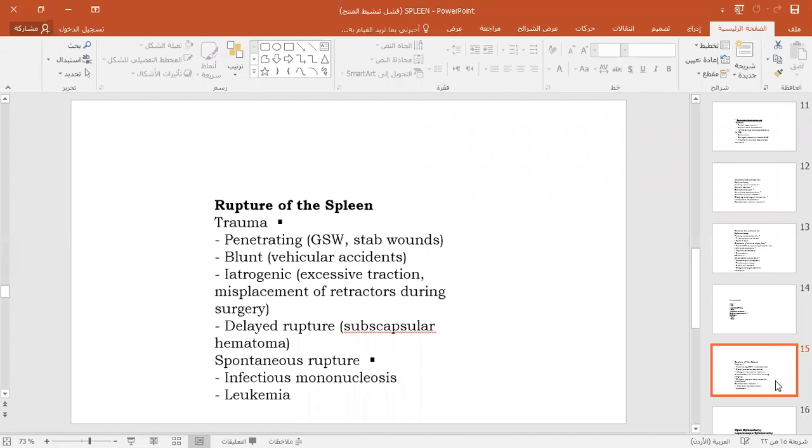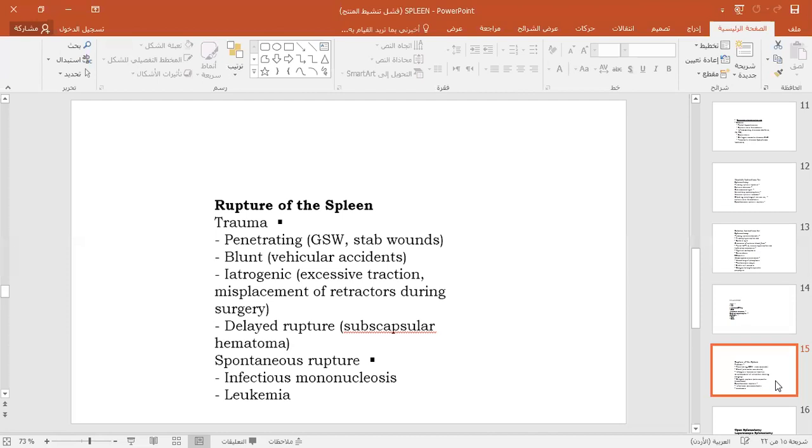The most common solid organ injury in car accidents or blunt abdominal trauma, especially in children, is splenic. And sometimes it is traumatized iatrogenically during surgery, by excessive traction or misplacement of a retractor,